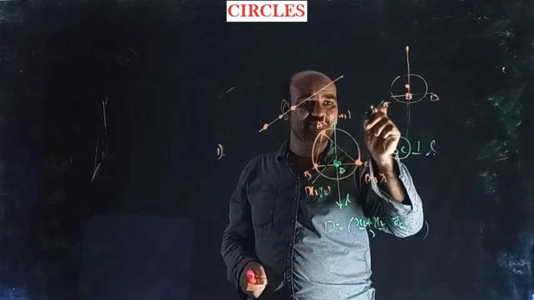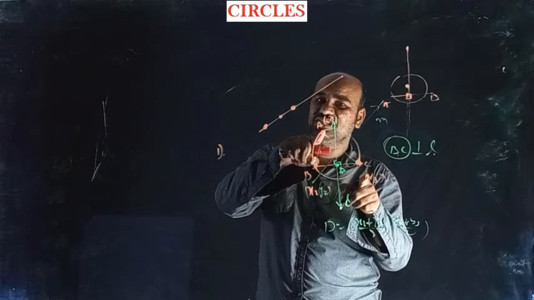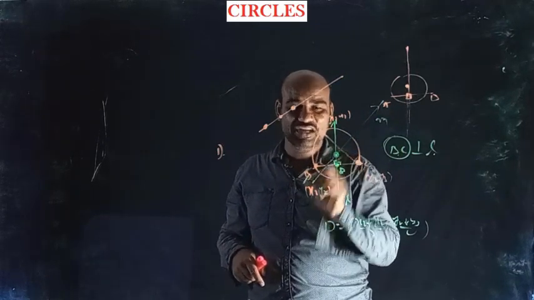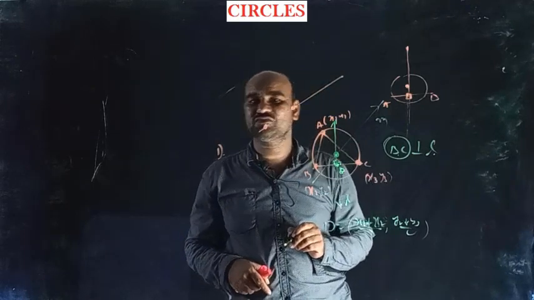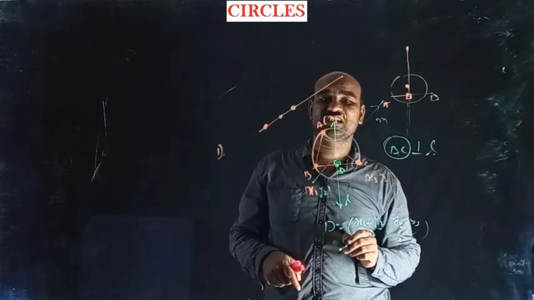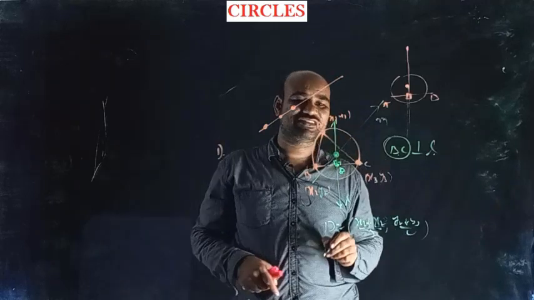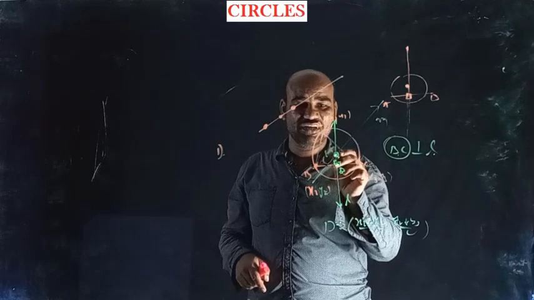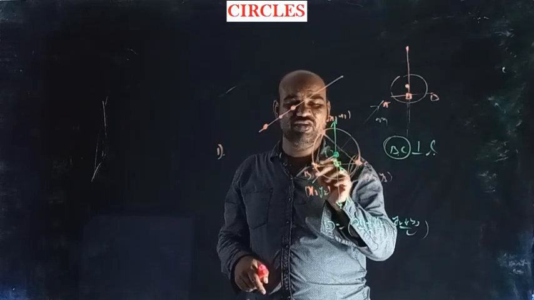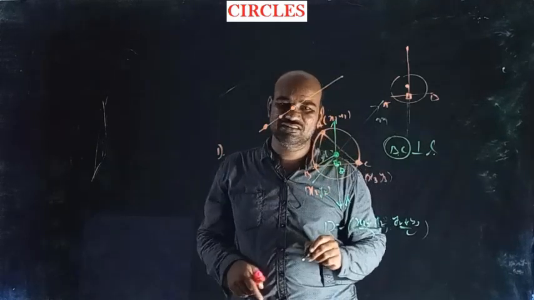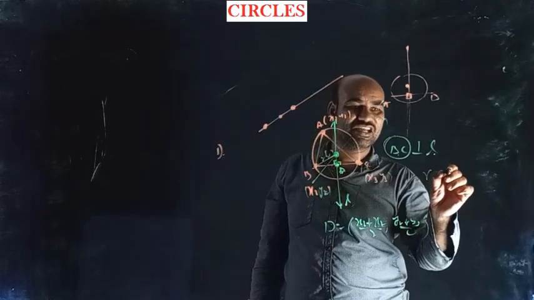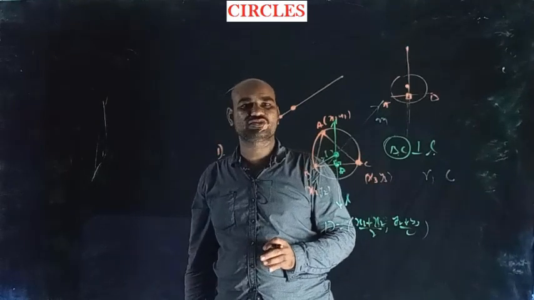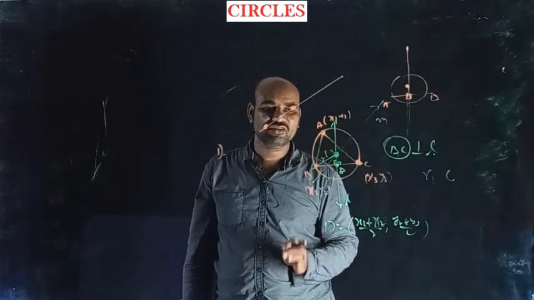Similarly, for example, M is the perpendicular bisector of AC. You can find the equation of M. Solving these two equations, you get the point of intersection of those two perpendicular bisectors of sides. That is the circumcenter, the center of the circle. Center found. By using the center and the distance from the center to any vertex, you get the radius of the circle. Now we have the radius and center. You can find the equation of the circle by using the standard form: x minus alpha whole square plus y minus beta whole square equals r square.